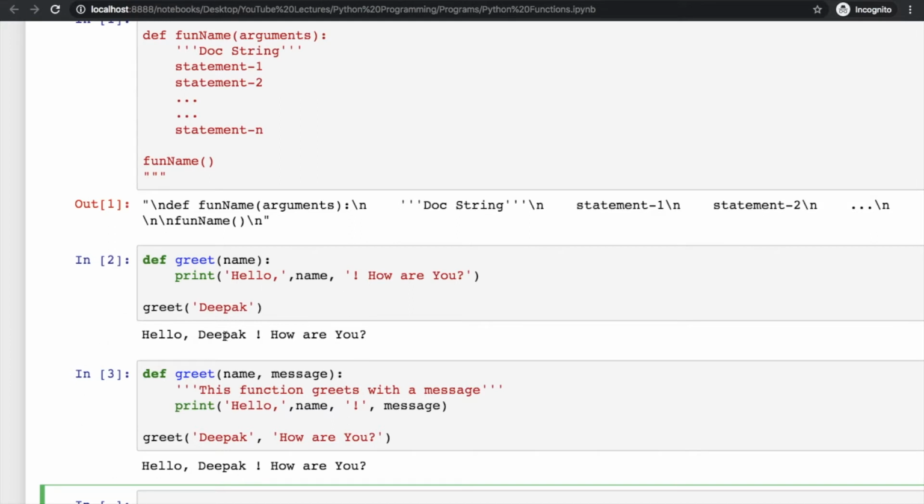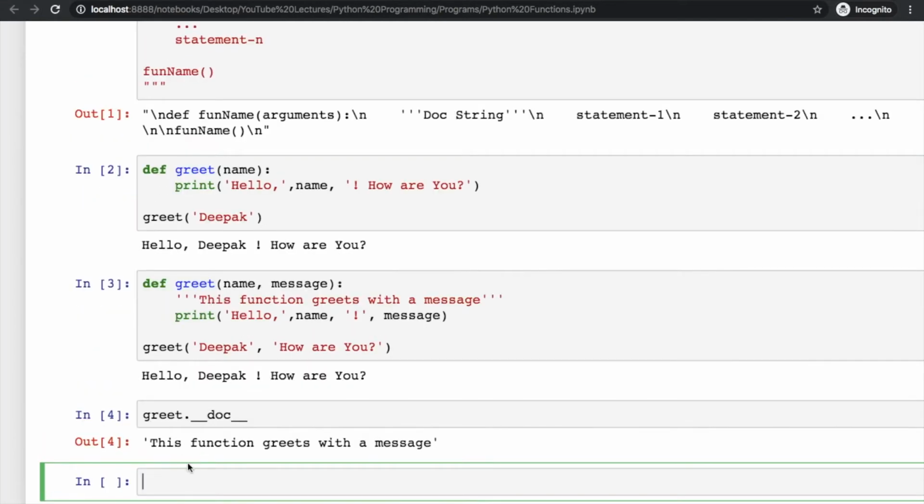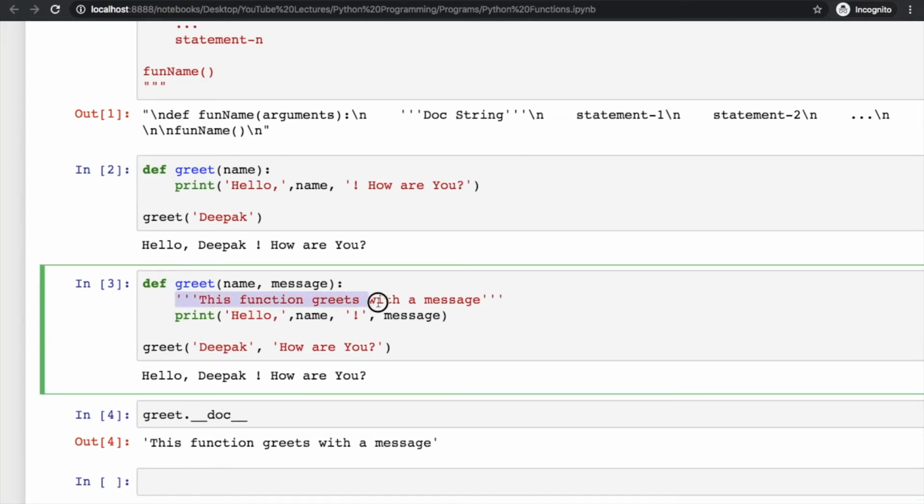So it is similar to the above function. You can also print out the docstring, and for that you have to write the function name dot, then underscore twice before and after doc, print this, and here is the documentation. These docstrings are generally important for the documentation of a programming language. So in Python we use this for documentation purposes.